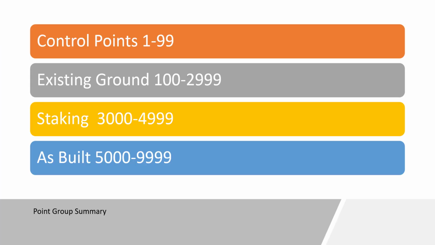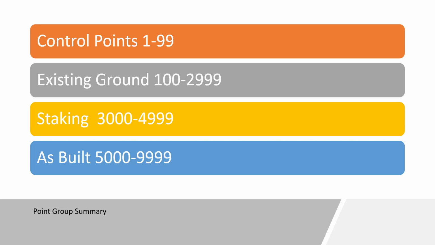The real big thing with the point groups, the way it's set up on the templates, is that there's mainly 4 groups that we're looking at in regards to numbering. Control points are located from point number 1 through 99. Existing ground goes from 100 to 2,999. The staking points go from 3,000 to 4,999. And as built, 5,000 to